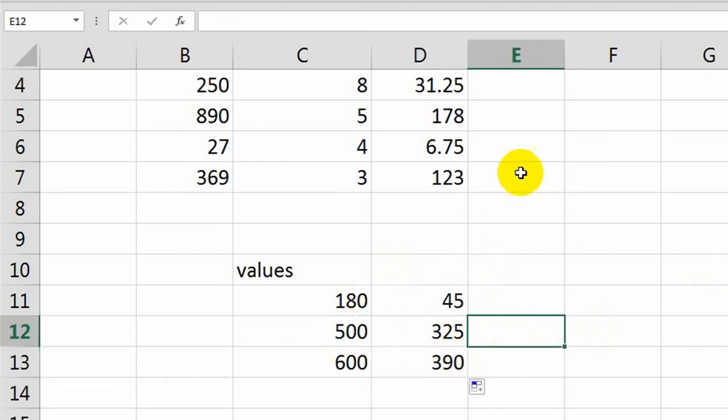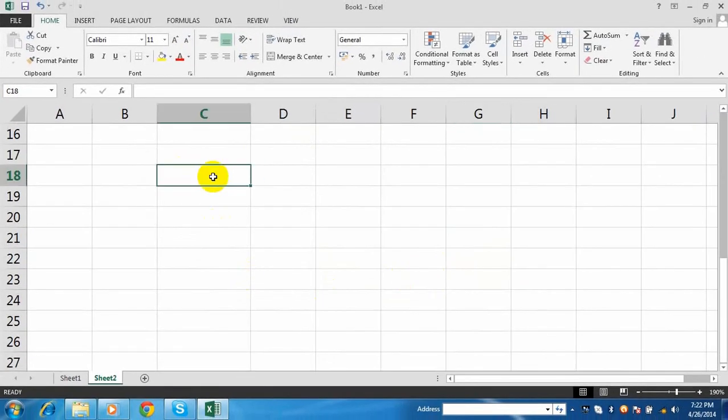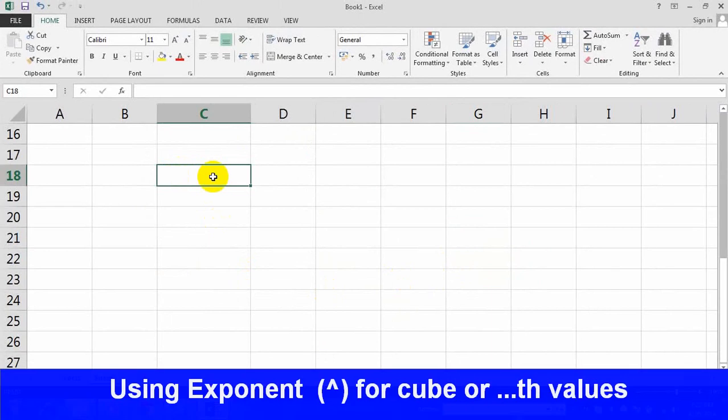Now let's use another operator like exponent. For example, you can calculate times value. For example, equal to 5 exponent.